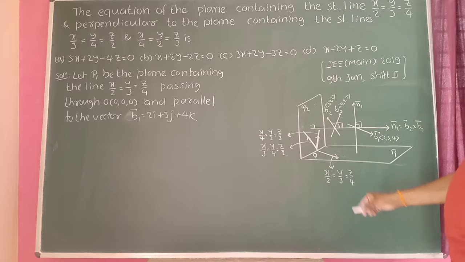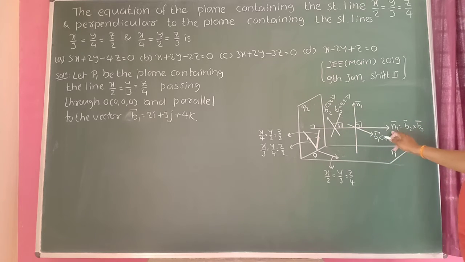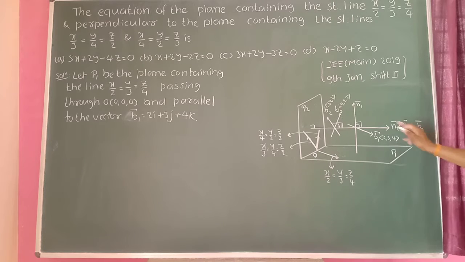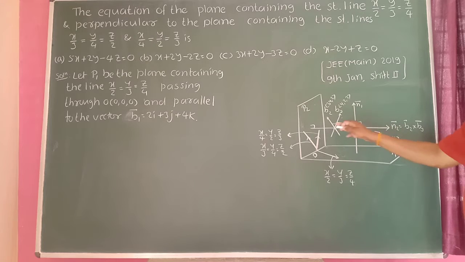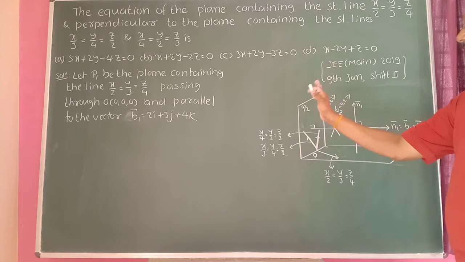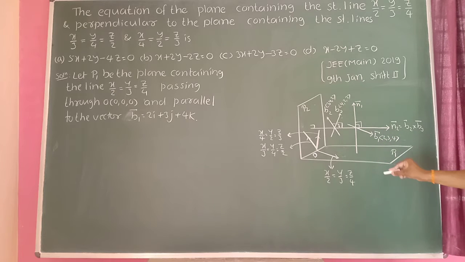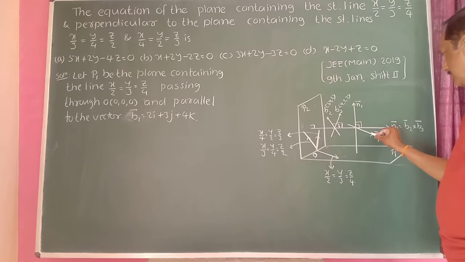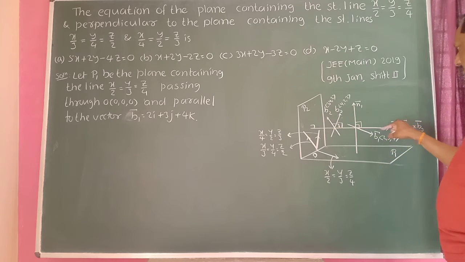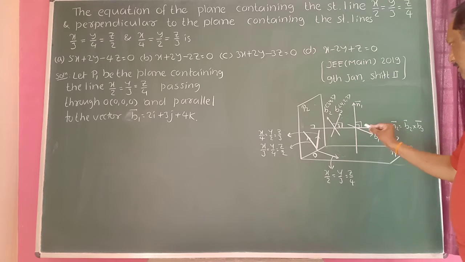These two are the vectors here. Then this is a normal. The normal to this plane is given by n2 bar equal to b2 cross b3. This is a vector, meaning a normal perpendicular to the second plane, because the lines are parallel to these vectors. Then we need the normal perpendicular to both b1 as well as n2.